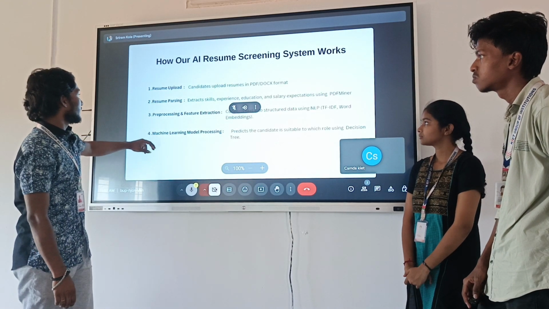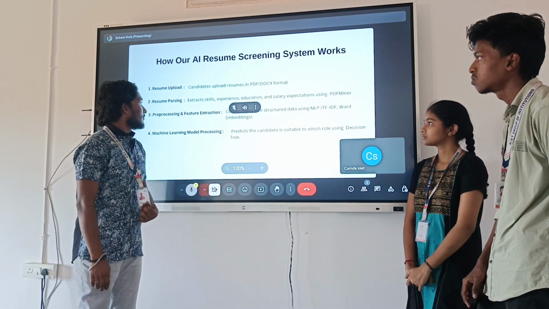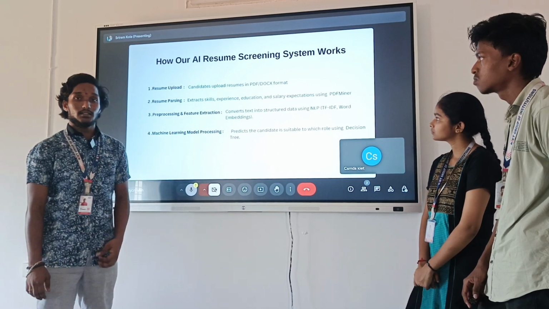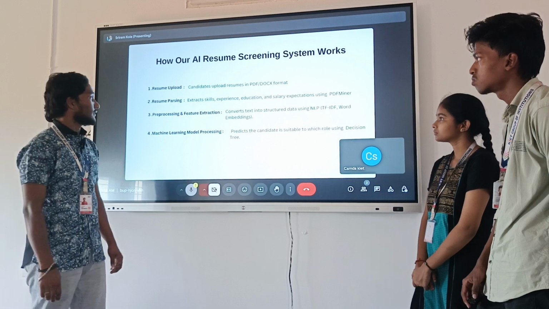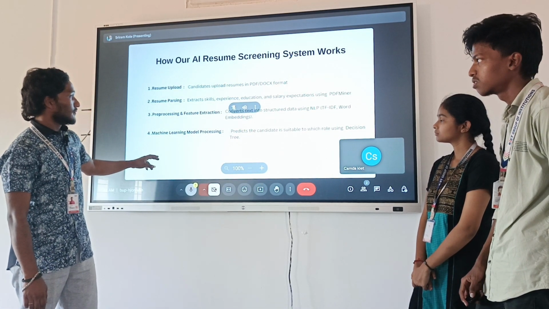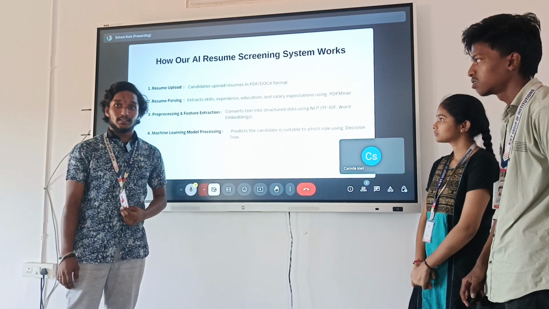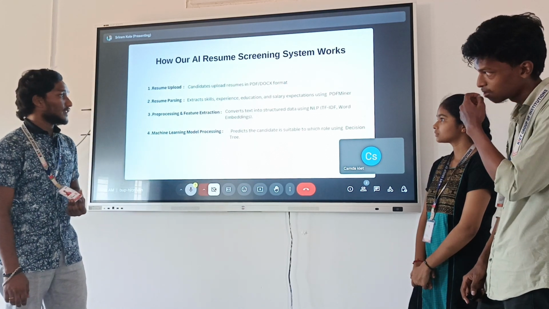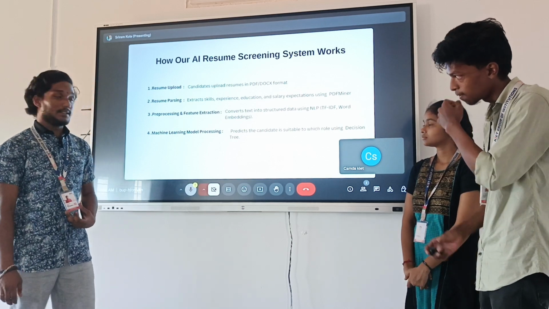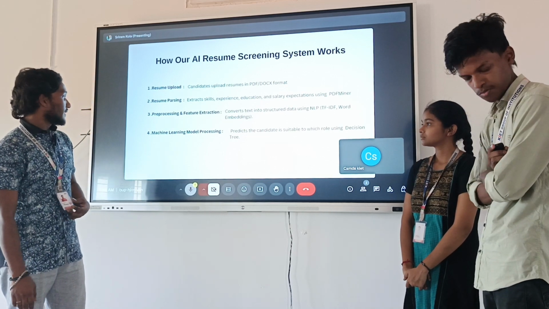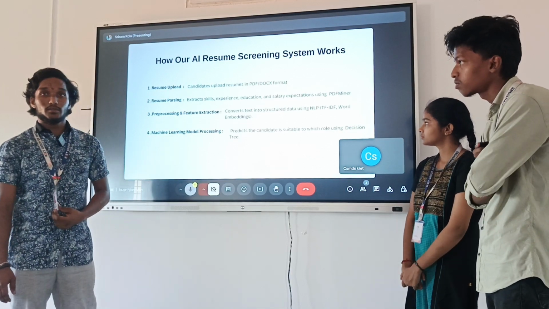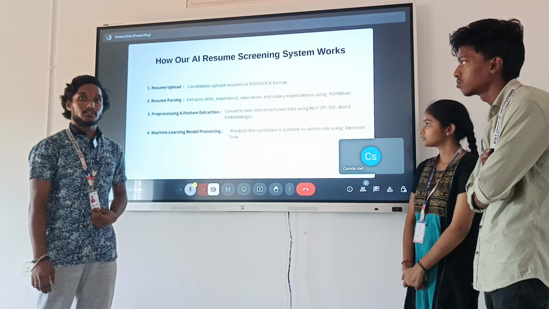Resume parsing is based on skills, education, experience and expected salary. Pre-processing and feature extraction: convert text into structured data using NLP, TF-IDF and word embeddings. Machine learning model processing predicts from the candidate resume which job is suitable for the candidate.